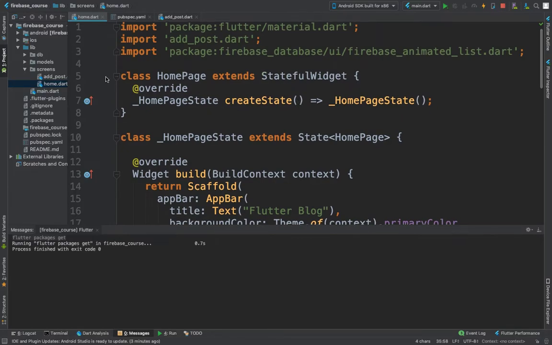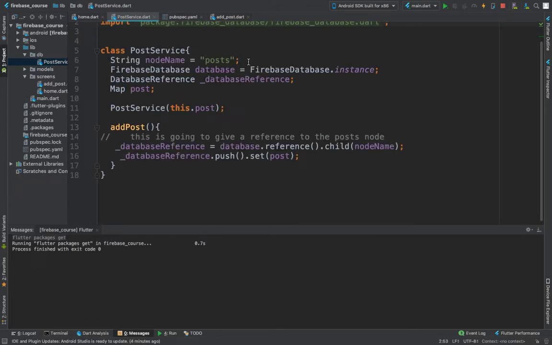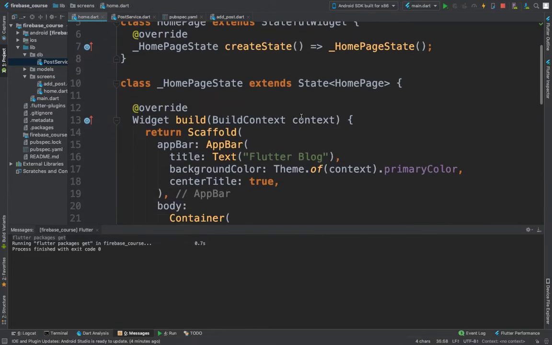So what I'm going to do is, here inside the DB, I'm going to copy this code here, or we can just do something like this: copy only this part, come back to the home page, and